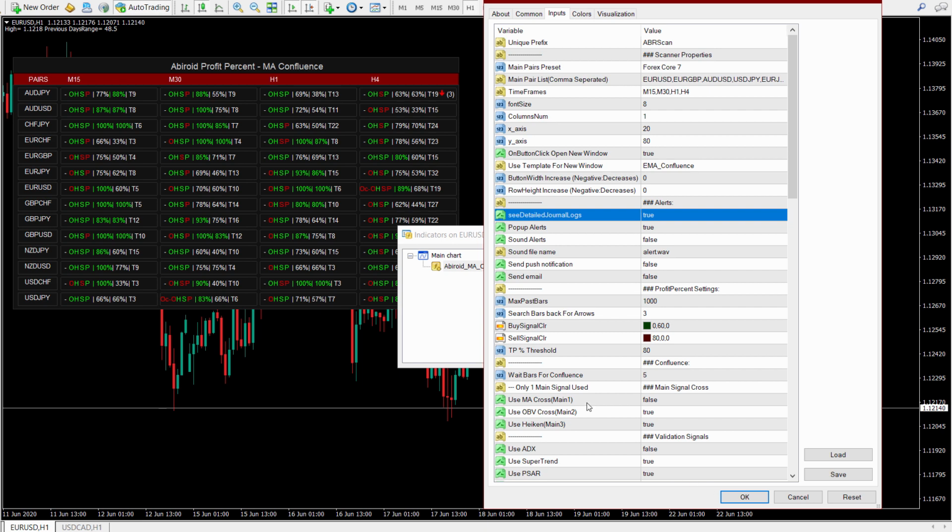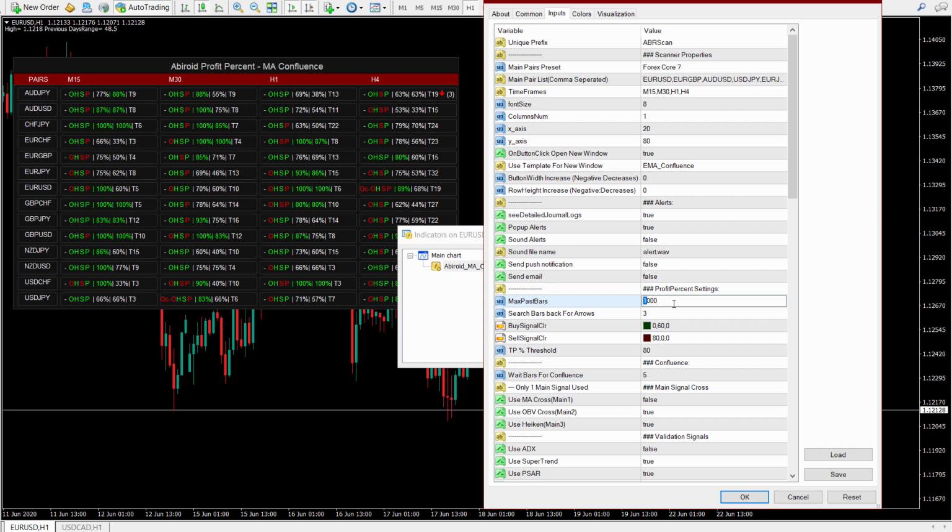And this is the max past bars, the same as we had on the arrows. On arrows, even if you specify 5000, it is fine. But with the dashboard, if you specify this to too high a number, then the dash will load a bit slowly. And this is the search bars back for arrows. So right now we have this to 3.